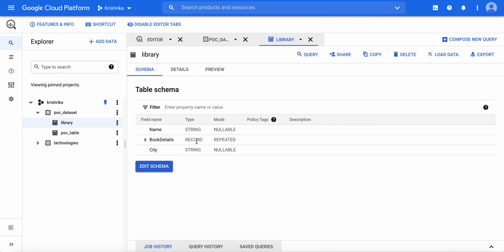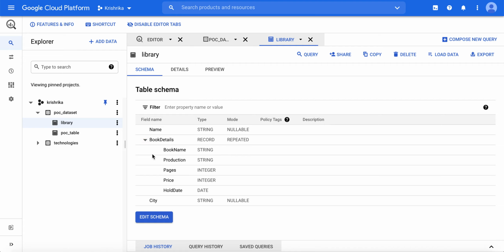Next is book details, record type and repeated mode, and city, string, nullable. Inside book details there are 5 different child fields: book name, production, pages, price and hold date.